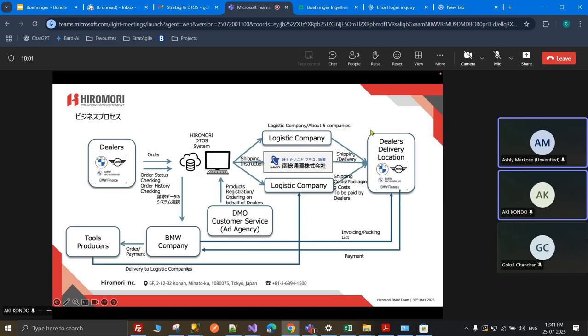And also, what I want to emphasize here is that since we are not able to touch the operation, we are only the provider of the system. So whenever there's a problem in the system, this customer service, which is run by the ad agency, gets all the complaints from the dealers